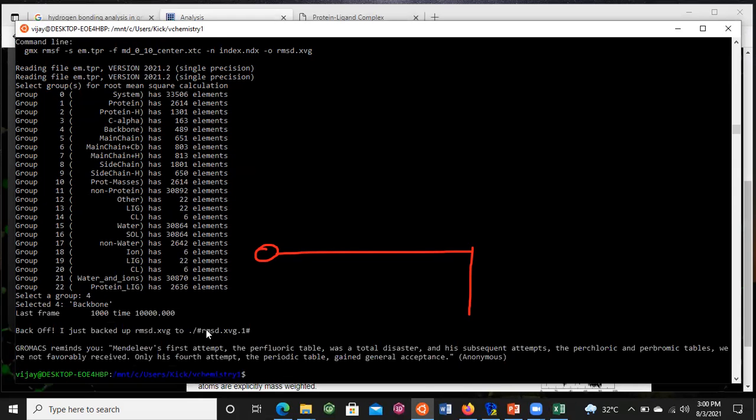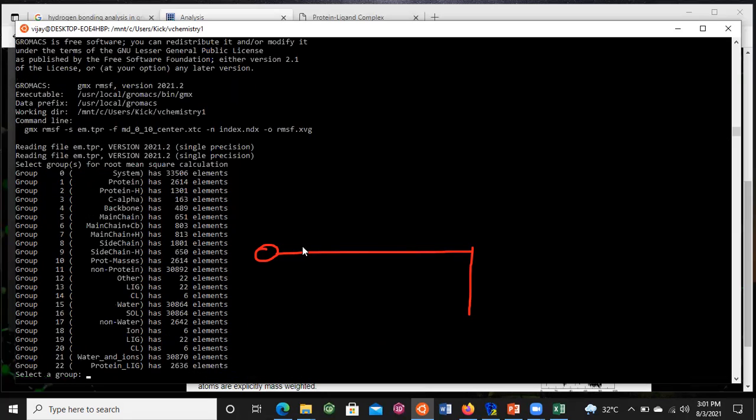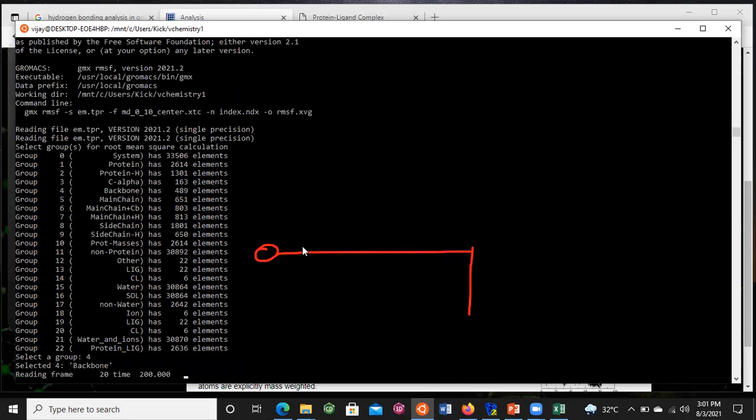Oh, I did not change this parameter. That's why it backed up to rmsd.xvg as #rmsd.xvg.1# and we rename the RMSD as RMSF. For this, we have to change this parameter because this is RMSF. So we have to change this one. Now again run it. Select group 4, press enter.